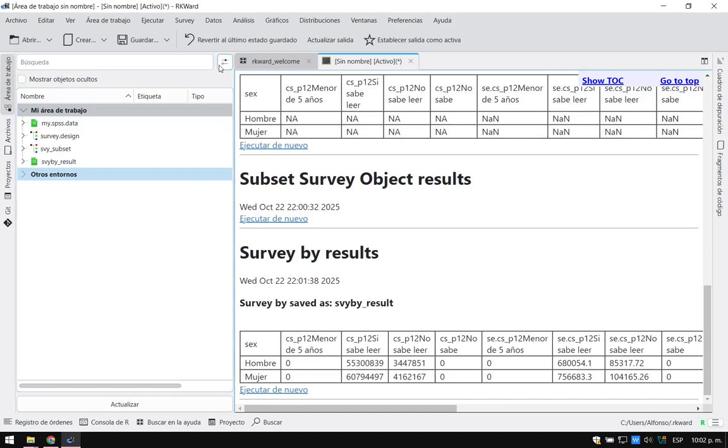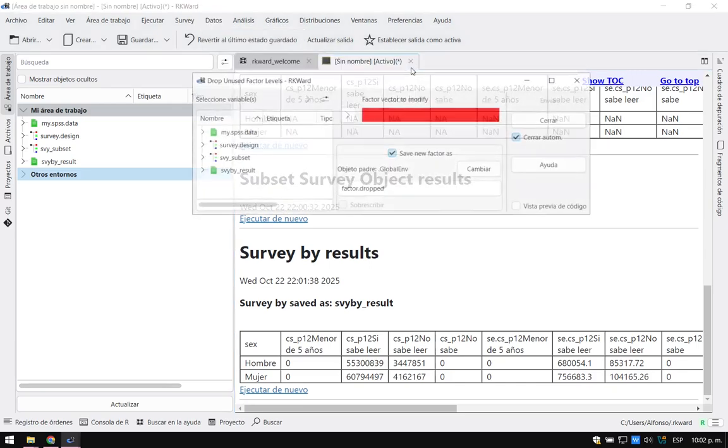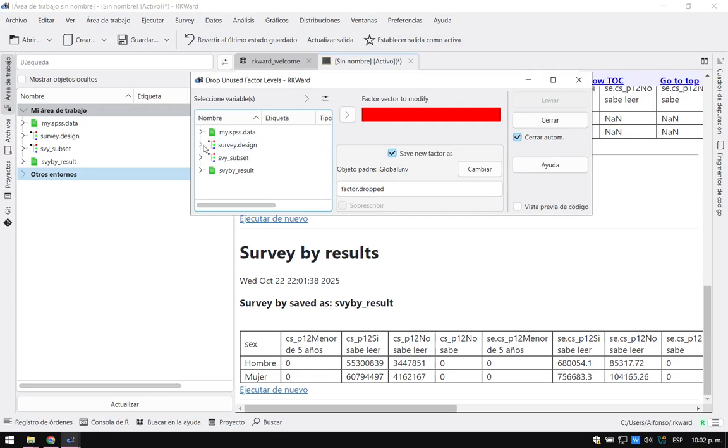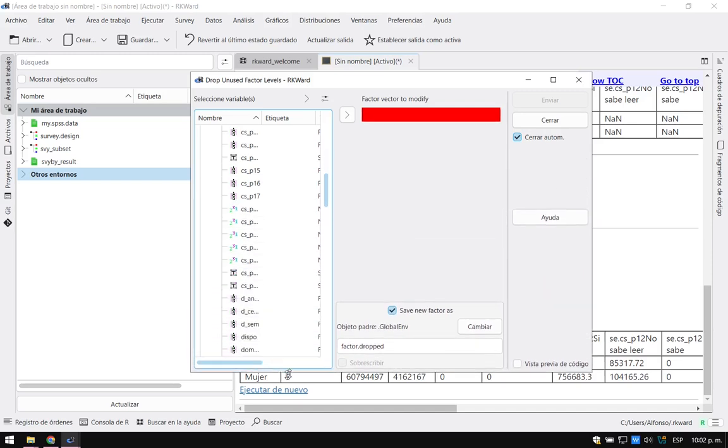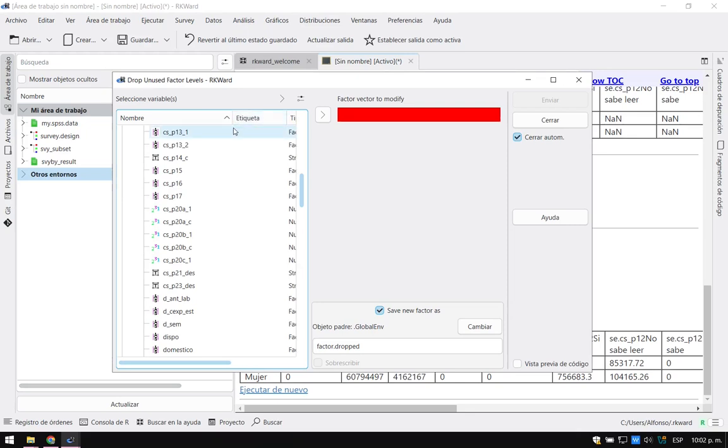We are going to use, through data, factor tools, forcats, drop unused levels. We will select, inside the object we have subsetted, inside the variables data frame, we will select CSP12,